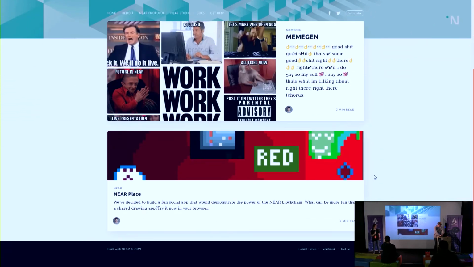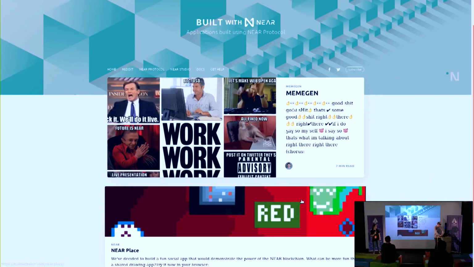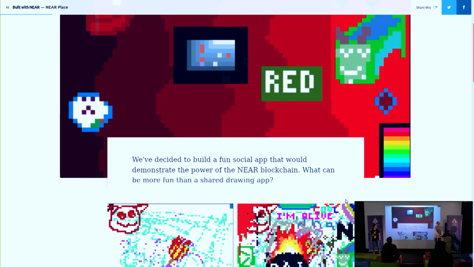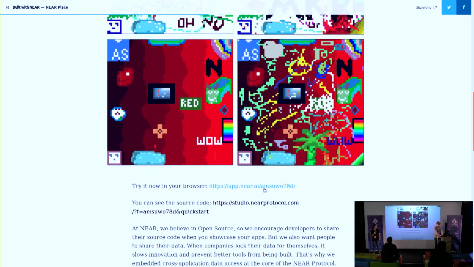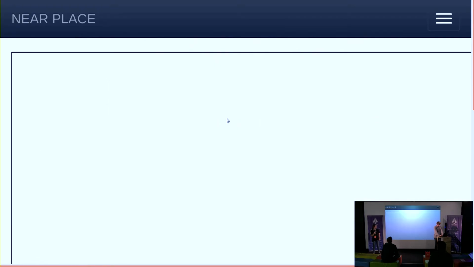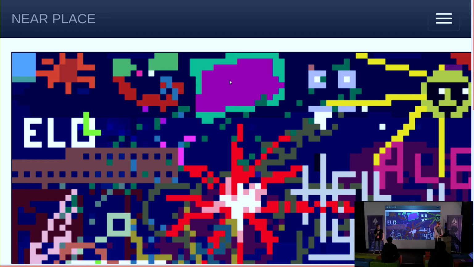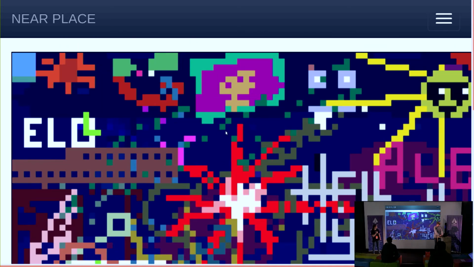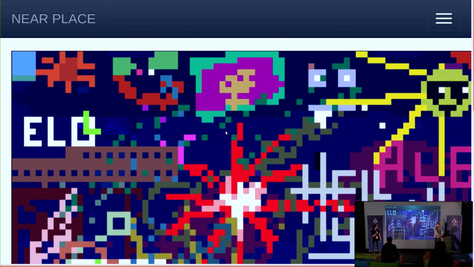But yeah, so we have a few applications here. One is, if you know r/place, a very popular subreddit where people just collectively draw something on a canvas. We have this smart contract. So effectively, this is running on wNEAR. You can draw something, and that gets persisted. And then you can be proactive, like this is constantly changing. Yeah, it's being a little slow, I would say.